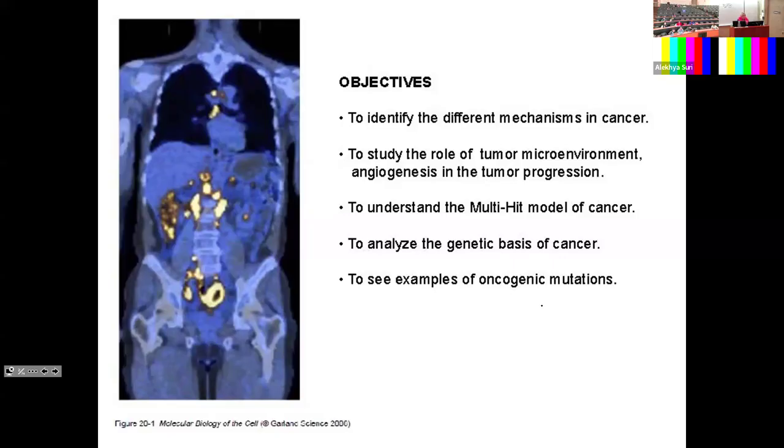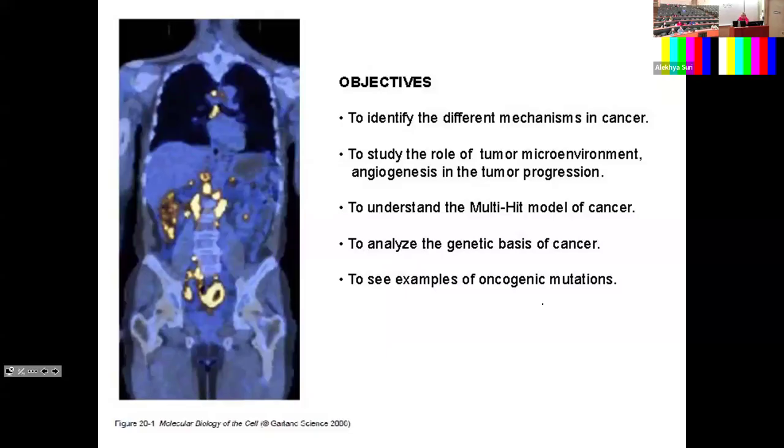So the principal objectives will be to identify the different mechanisms in cancer, also to study the important role of the tumor microenvironment and angiogenesis in tumor progression. We will see the multi-hit model of cancer, what the theory is and the reasoning behind it, to analyze the genetic basis of cancer, and also we will see some examples of oncogenic mutations and also